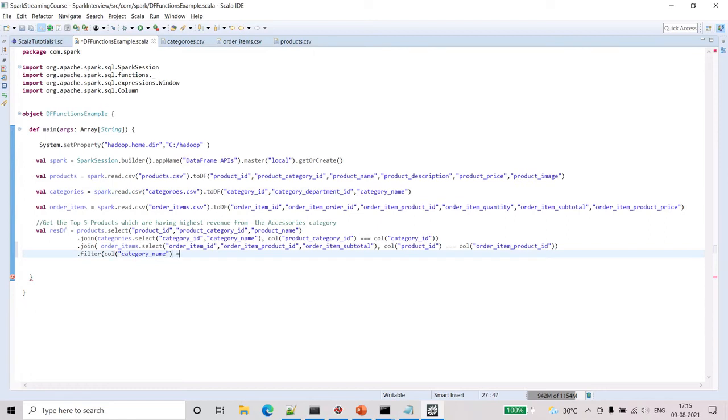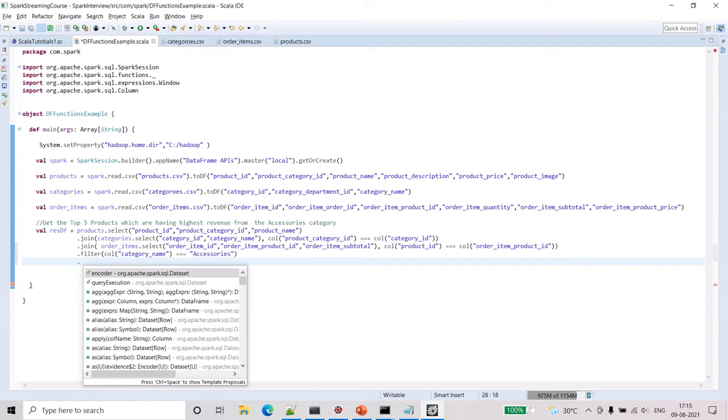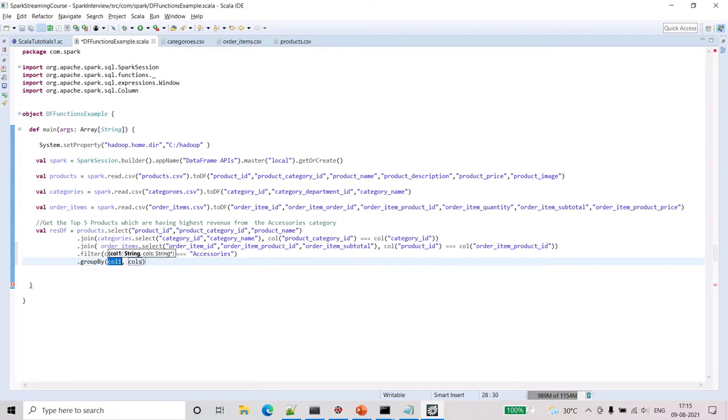If the category is accessories, then filter out all the columns. And when we do this we have to perform a sum for getting the total revenue. So for that we need to add group by as well. In the group by I'll just mention product name and category name.